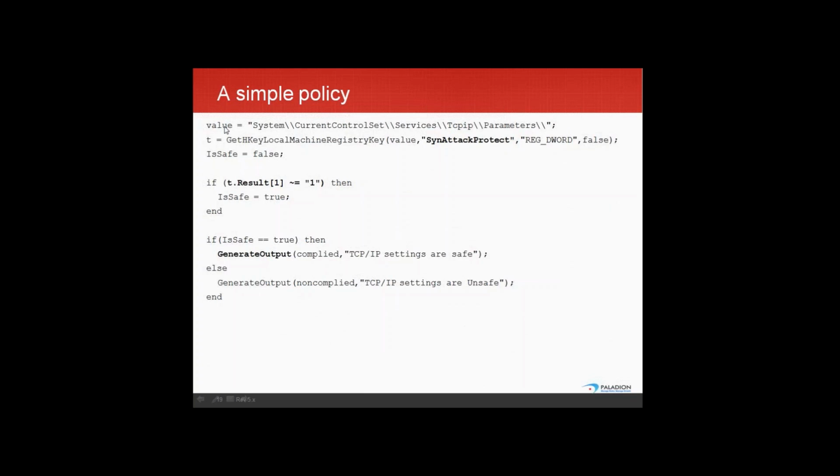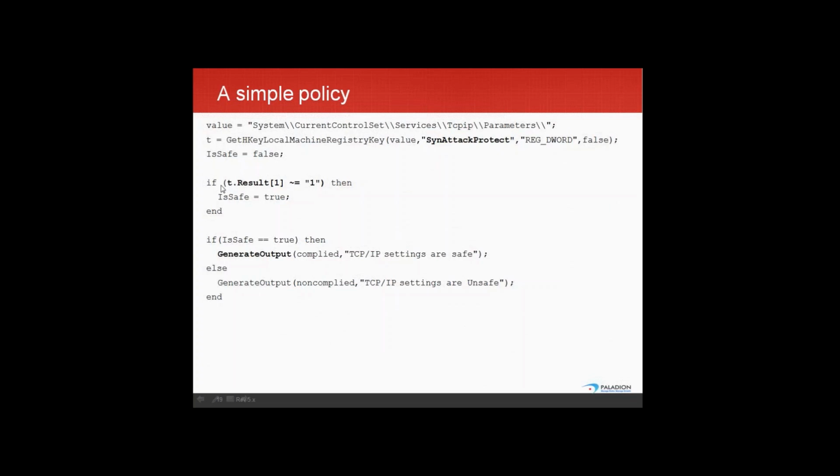Yeah, so what I was saying is that the one which appears on the screen is a sample policy, wherein I am giving a registry path and I'm trying to get the data for the SYN attack protect TCP/IP stack parameter which we have just discussed.